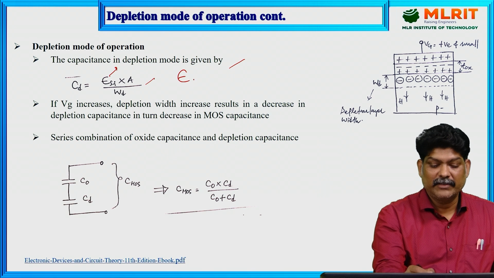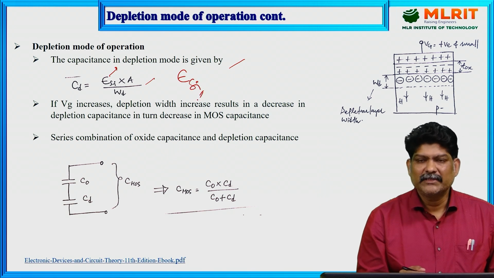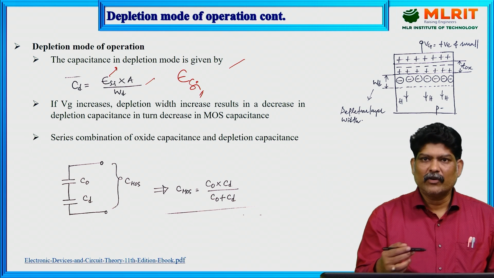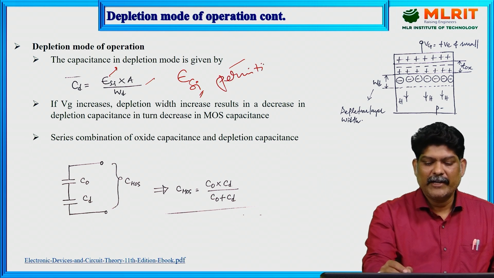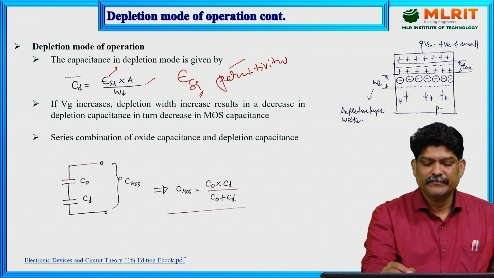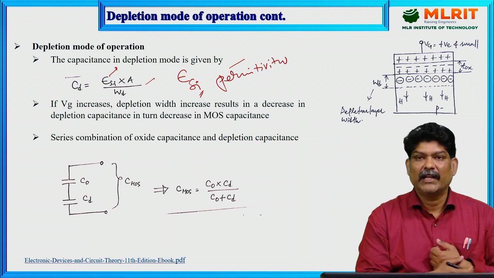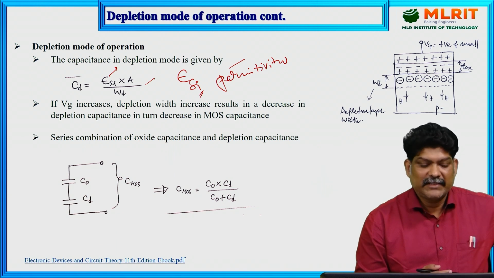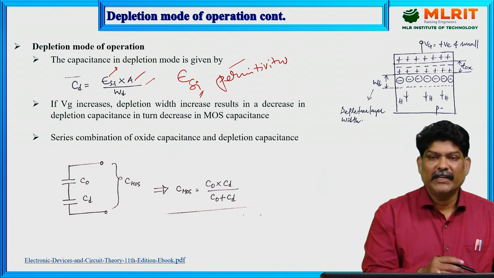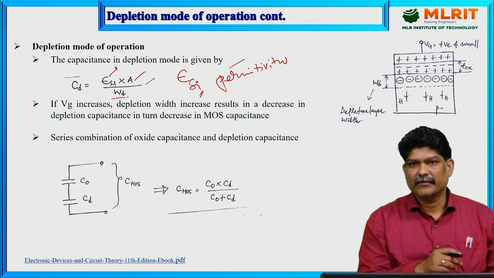Si, silicon, the oxide layer means dielectric material. The dielectric material constant is permittivity, so epsilon means permittivity. The permittivity of the dielectric material is represented with epsilon. Hence epsilon suffix silicon into area A, divided by the width of the depletion region,